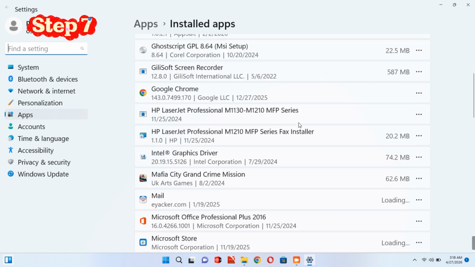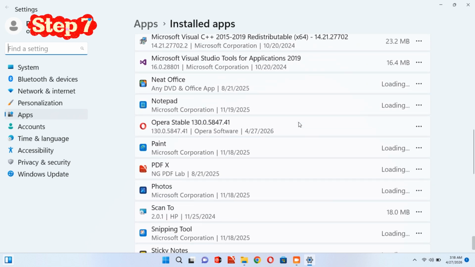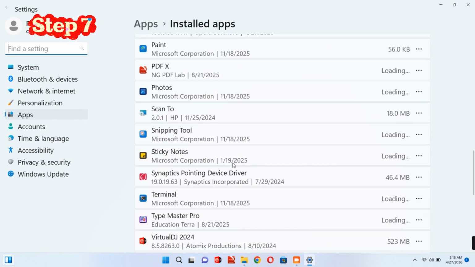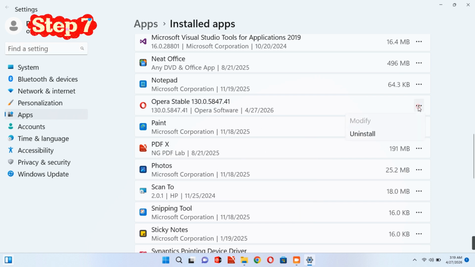Here I want you to uninstall any useless application. I'm doing the same thing here. Click on the 3 dotted icon and select the option which says